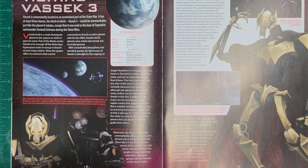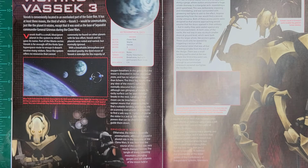Visiting Vassek 3. Vassek itself is a small blue-green planet in the system to which it gave its name. Part of the Wasta sector, Vassek is far enough from the Coda Spur hyperspace route to ensure it doesn't receive many visitors. Since the system offers no resources that cannot commonly be found on other planets with far less effort, Vassek and its planets are noted and named